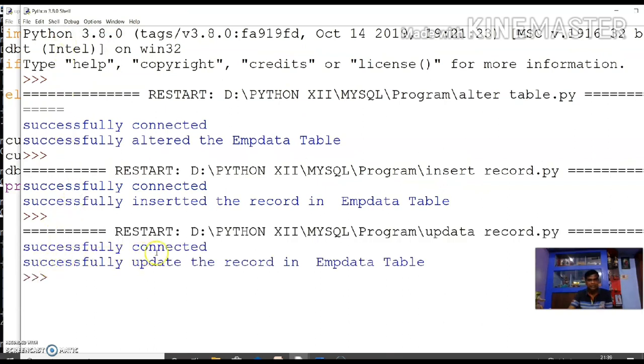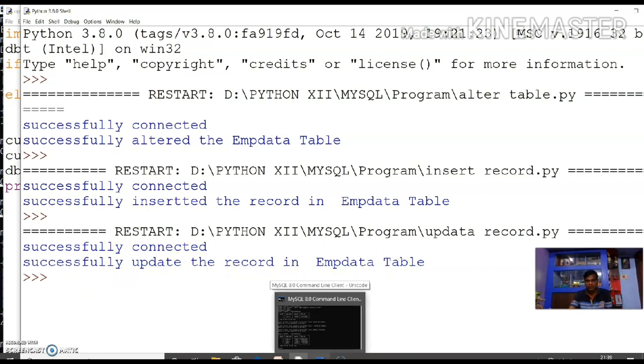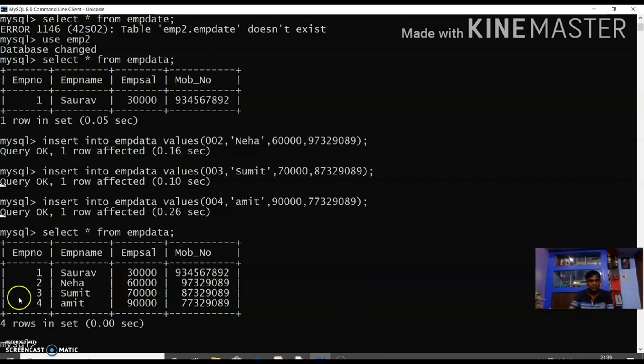You see, successfully connected, successfully updated the records in the emp table. You see whether the record is updated or not. In the last table you had the salaries: 30,000, 60,000, 70,000, 90,000. You are passing the query: those who are getting a salary greater than 60,000, you add 5,000 rupees to that salary.